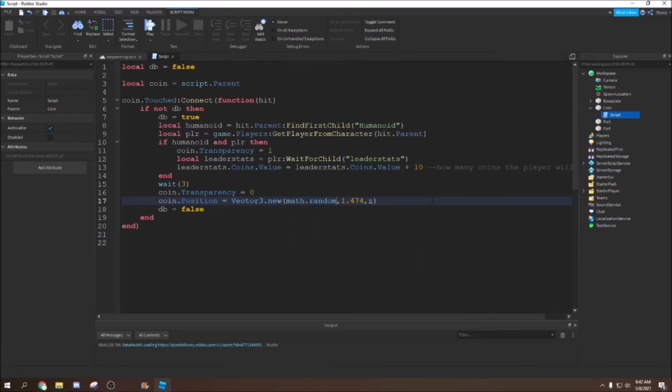math.random, and then in here you would put two numbers. I think ours was like negative 29 and 7, something like that. I don't remember what it was, but I'll show it in a second. It'll pick between these two numbers, and those are the two x coordinates. And then for z, you're going to type math.random, and then make sure you have two parentheses, and then this one still is back here,